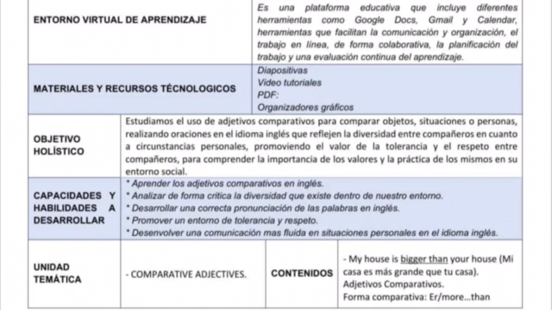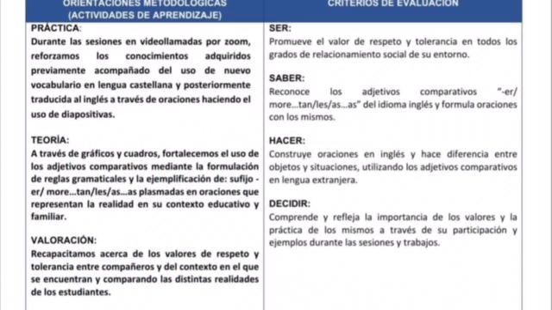So the main objective of my plan is to learn comparative adjectives, so we can compare objects, situations, or people by making sentences that are practical for students in the class. The first thing we do when we start the class is to remember a little bit of what we have learned years before. Maybe we can learn some new vocabulary, especially adjectives, so we can use them when the students are learning.